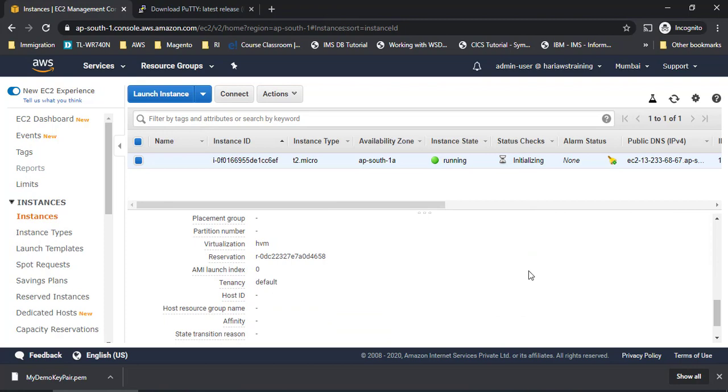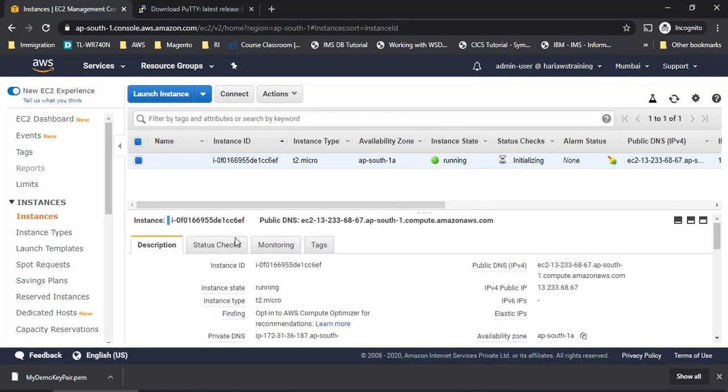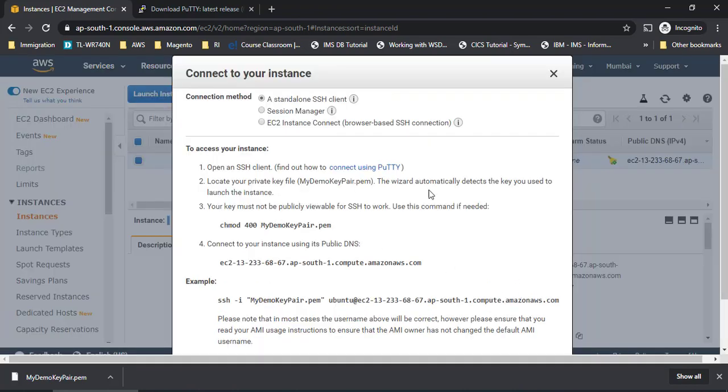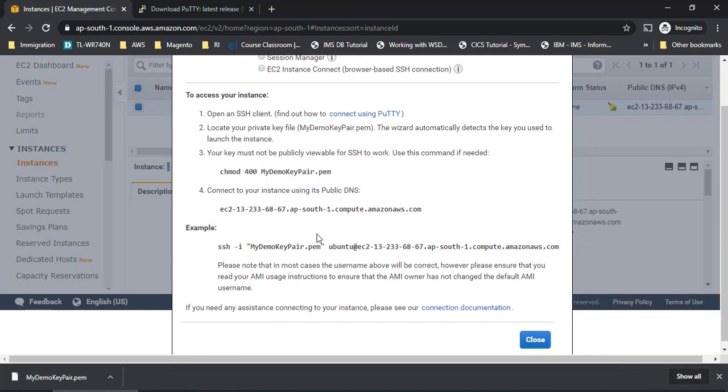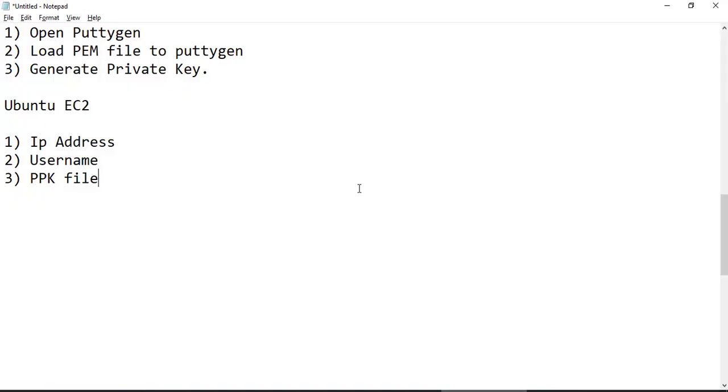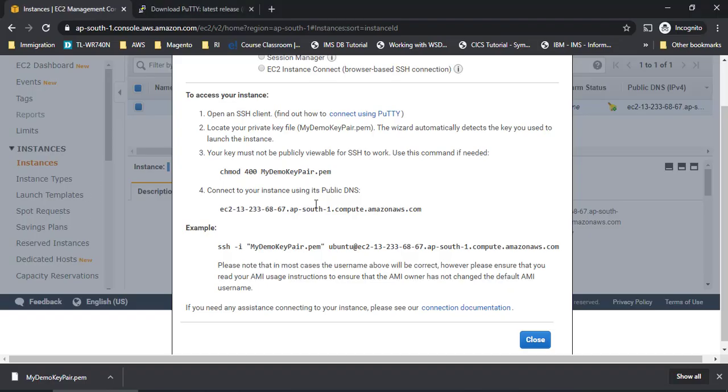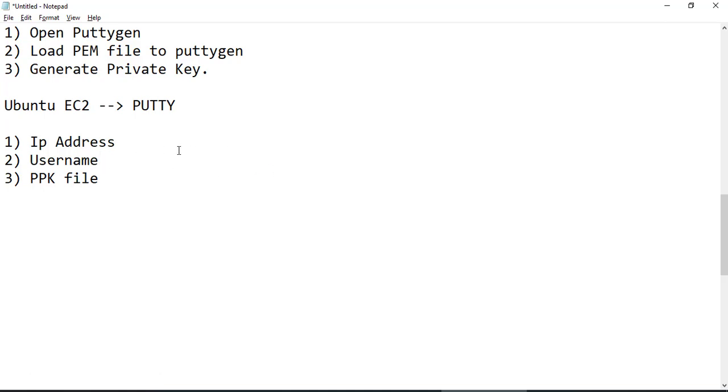Right. Now let me try to log into this system. If I want to connect to this EC2 machine, the easy way to do it is to click on connect. There are 3 different ways to connect to it. For now, I am going to do an SSH. So I told you earlier that to connect to an EC2 instance, that is a Linux instance, we can achieve it using PuTTY, right? We will use PuTTY here, and then we need to have an IP address first. What is the IP address we have, and also what username we have to use.